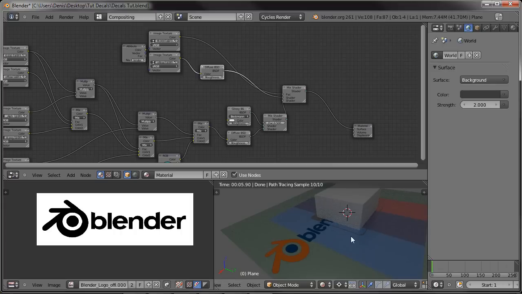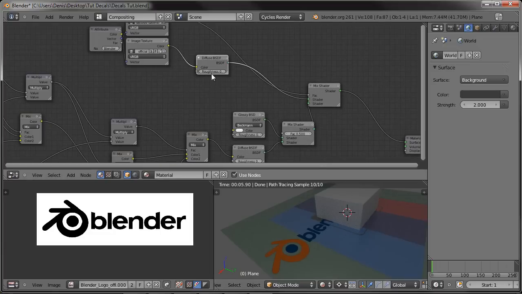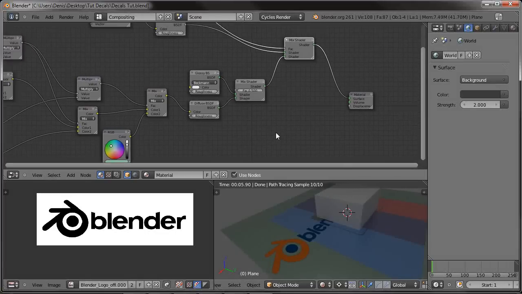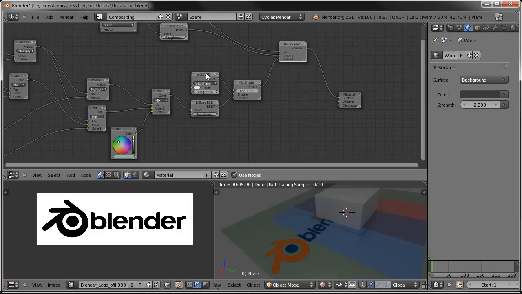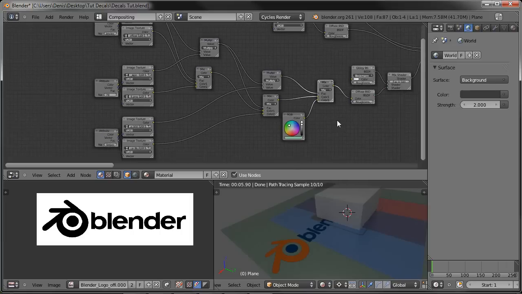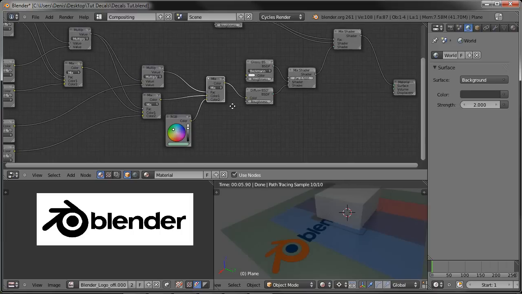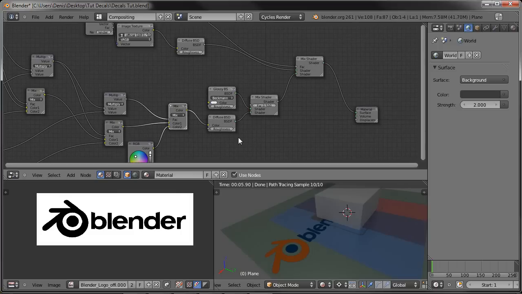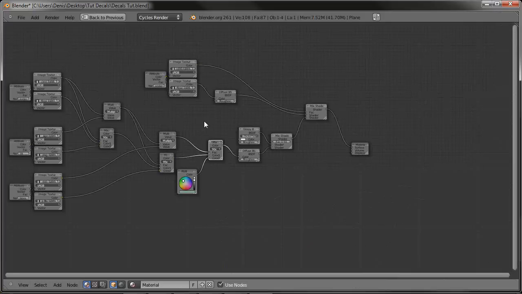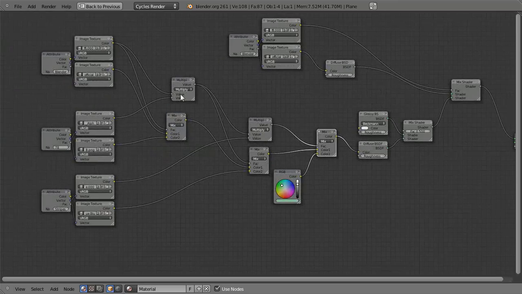And now the floor is like a car's body, which is reflective, and you have the sticker here, which is just a plain diffuse color. So if you are making a car and you want to put decals on, this is pretty much your setup here. This is going to be your car shader. Obviously, you're going to have a more complex one than this, but your color, however many color inputs you have, are going to come from this mix node, which mixes all of these decals and your main car color, which I'm just gonna close this out, maximize this so the whole setup could now be seen,